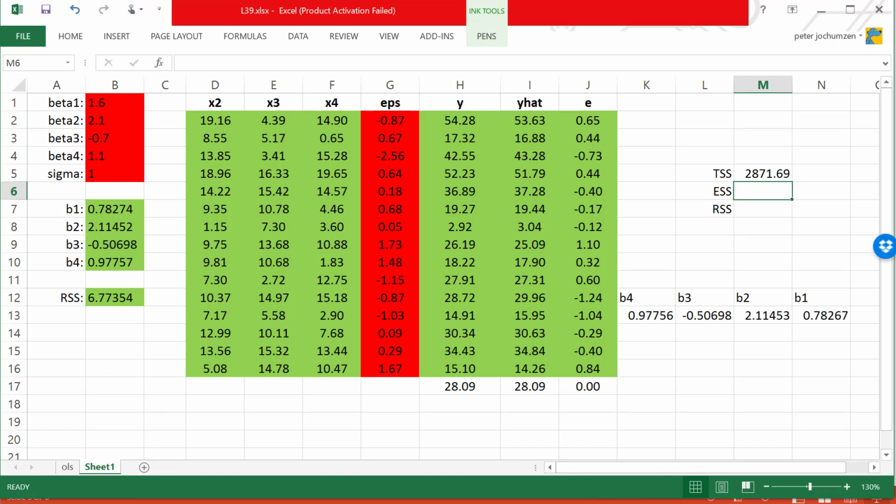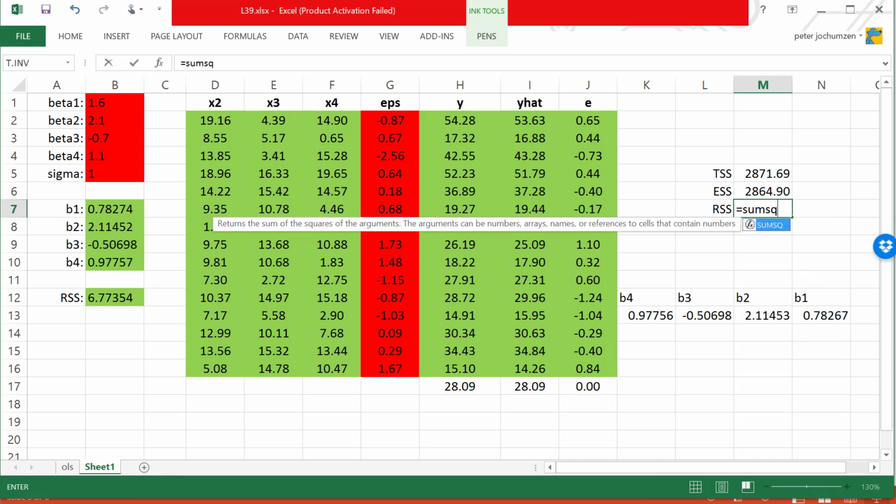That's the TSS. ESS is n minus 1 times the sample variance in the fitted data y hat. So 14 times var.s of these numbers, and RSS was